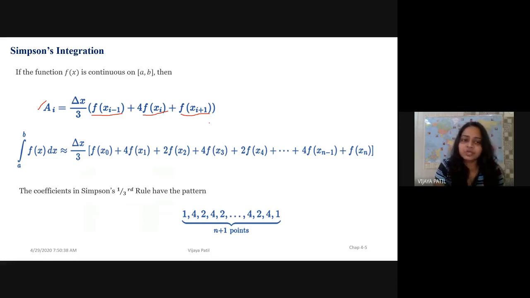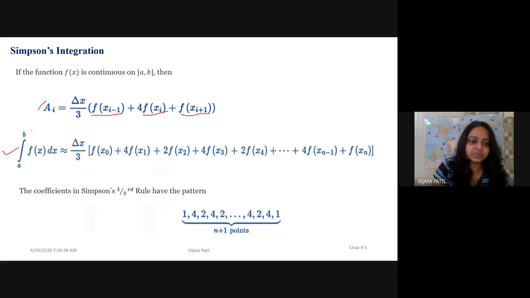Now this formula is only for xi minus 1, xi and xi plus 1. Similarly, we'll find the others. Suppose my curve is this, and we consider a set of 3 points as my first set, then again a set of 3 points, and in this way you'll get a figure like this. I'll just replace my i with the points between a and b, and I'll get this as my final approximation.